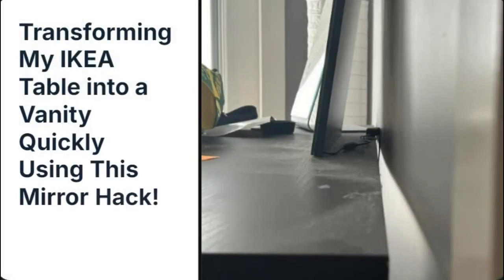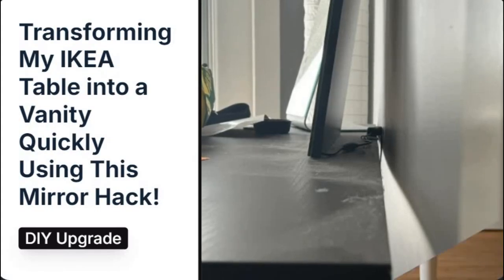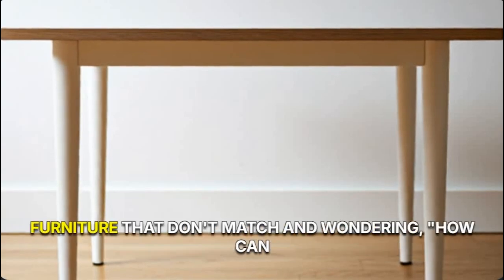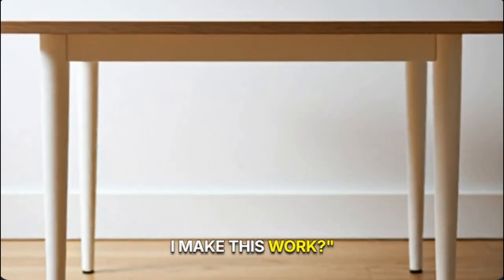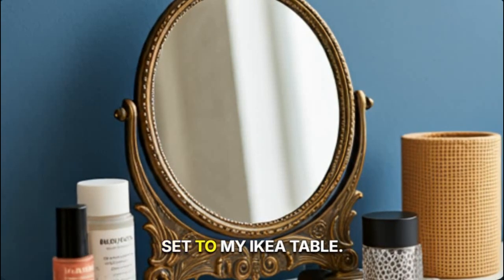Transforming my IKEA table into a vanity quickly using this mirror hack. Have you ever been in the middle of a DIY project, looking at two pieces of furniture that don't match and wondering, how can I make this work? That's what happened to me when I tried to attach an old mirror from a vanity set to my IKEA